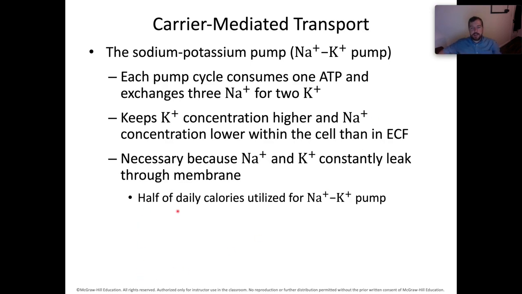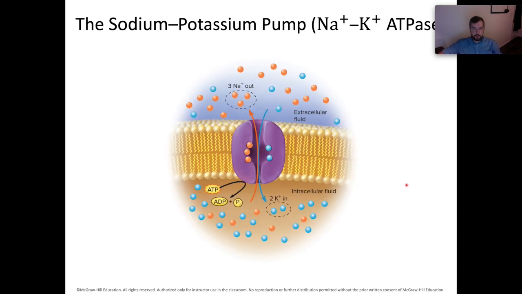Half of your daily calories are utilized to run this pump, which seems insane, right? But that should tell you how important this is for cellular function. So this is what the sodium-potassium pump does. For every ATP it consumes, 3 sodium get spat out, 2 potassium get